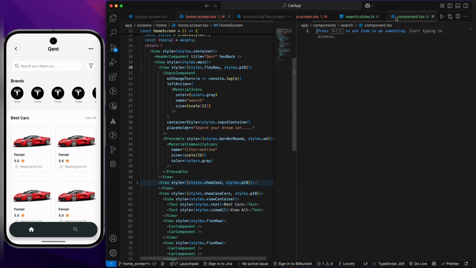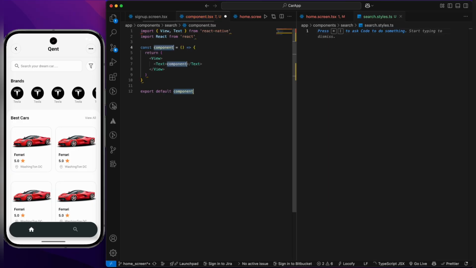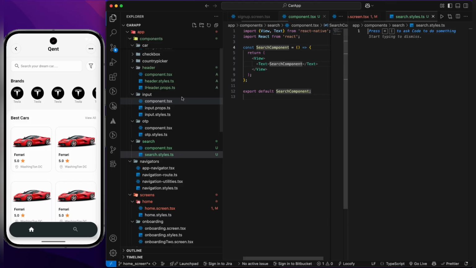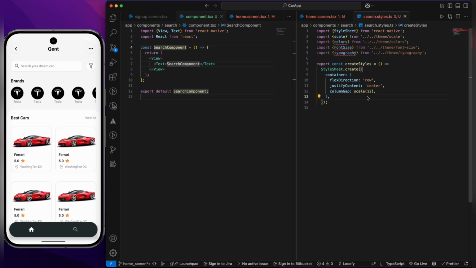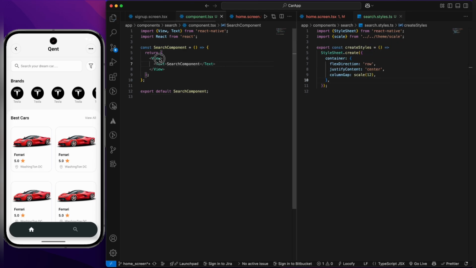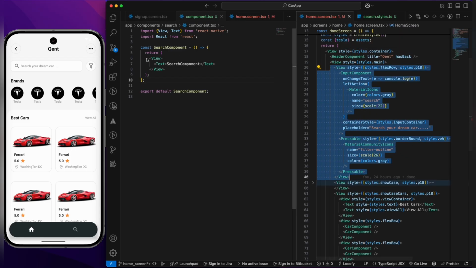Okay, so the spelling is also right. So let's type rnfe. I'm gonna name it search component. Let's copy paste the style so it does not waste our time. Okay, let's remove this and unnecessary imports. And over here, let's come to the home screen and copy this whole view, and over here let's paste it